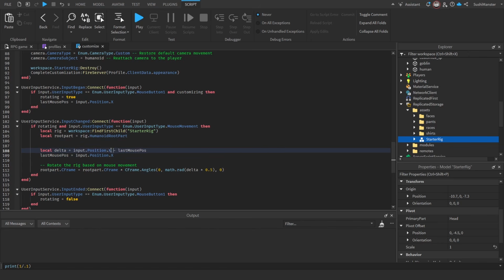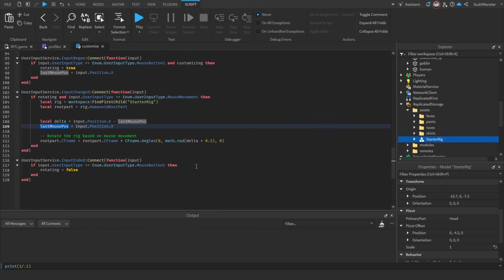Basically, this is our current position, this is the last mouse position, and then we set the last mouse position to our current position for the future. And then we set the CFrame to cframe.Angles math.rad delta times 0.5, which means the character rotates by 0.5 intervals. And now that's cool. Now the dummy gets teleported